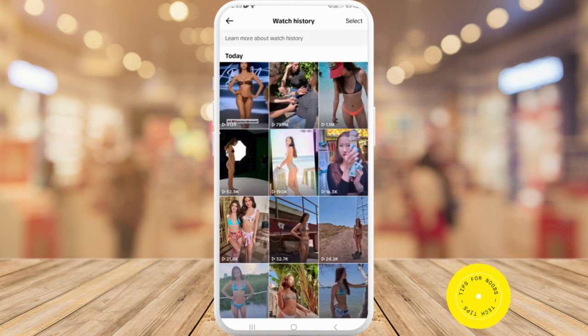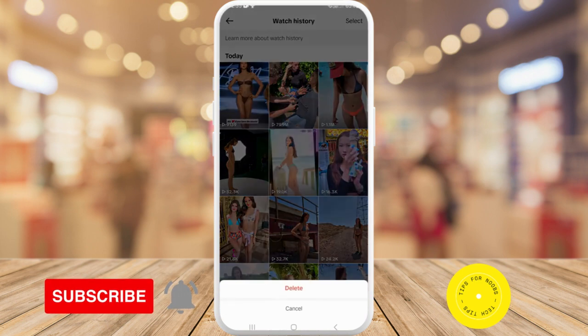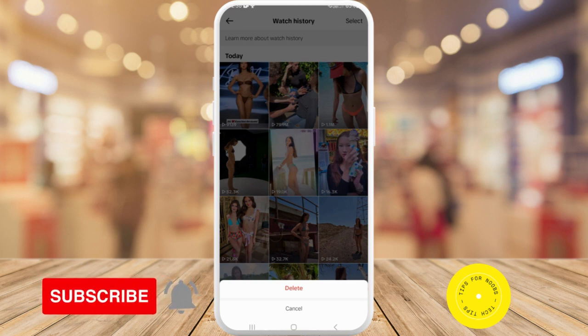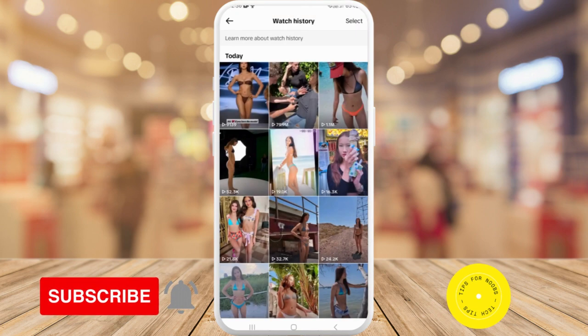And here you can see all of my watch history. So to be able to delete them, all I need to do is long press on each video and then tap on Delete. You can do that if you want to individually delete videos from your watch history,